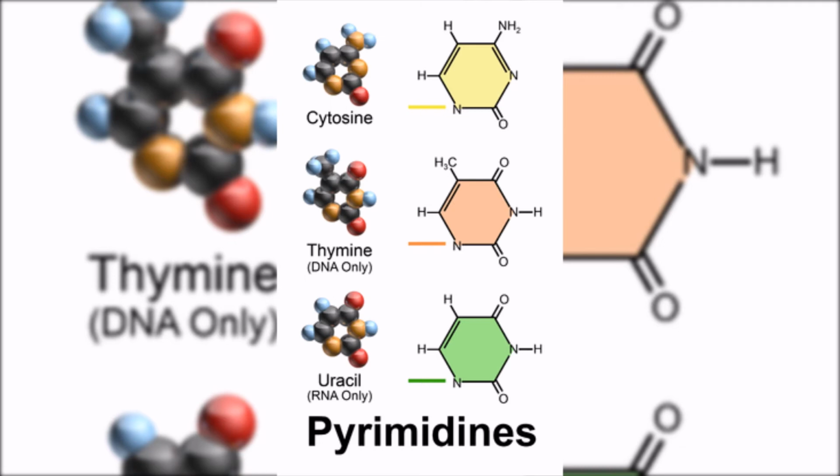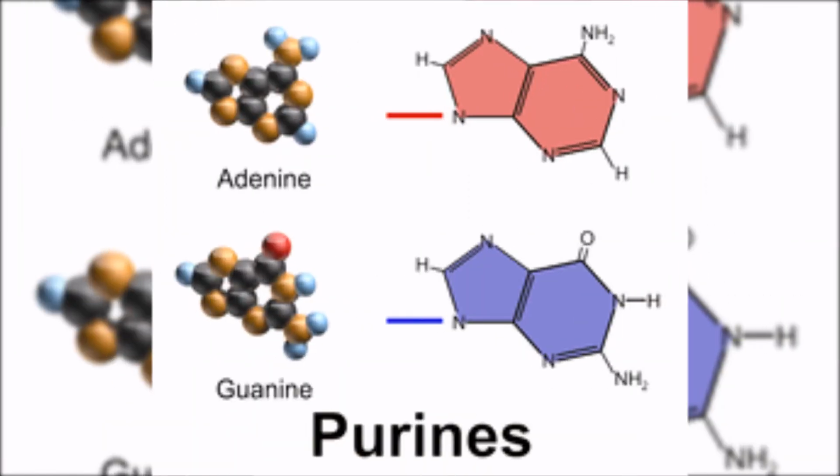The pentose sugar joins each of the 4 nitrogen bases to form 4 different nucleosides. The phosphoric acid joins with the nucleoside of the pentose sugar to form the nucleotides. The nucleotides form the basic unit of nucleic acid. The nucleotides are joined to one another in a chain by covalent bonds between the sugar of one nucleotide and the phosphate of the next, resulting in an